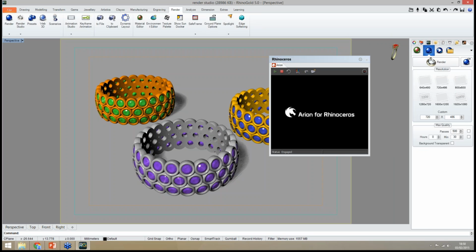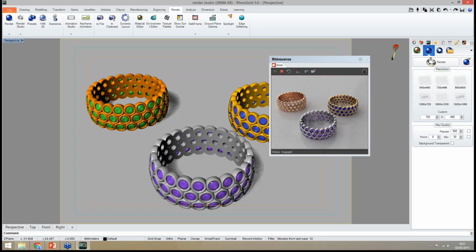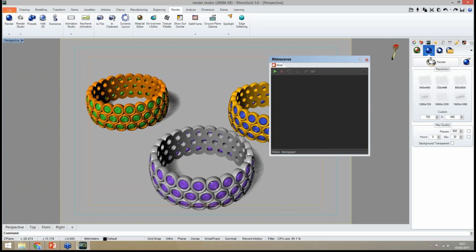So when I rotate my viewport, the Arion real-time render will also rotate the viewport, and of course always improving the render. So this is the idea for the real-time rendering, and from here it's everything. Of course the render can be improved a lot with a little bit more time.